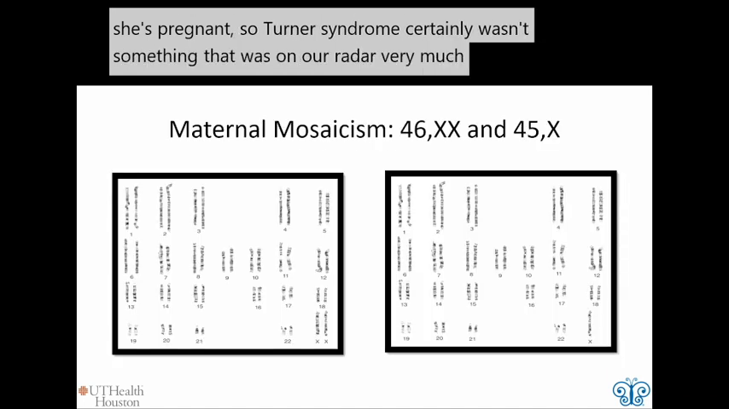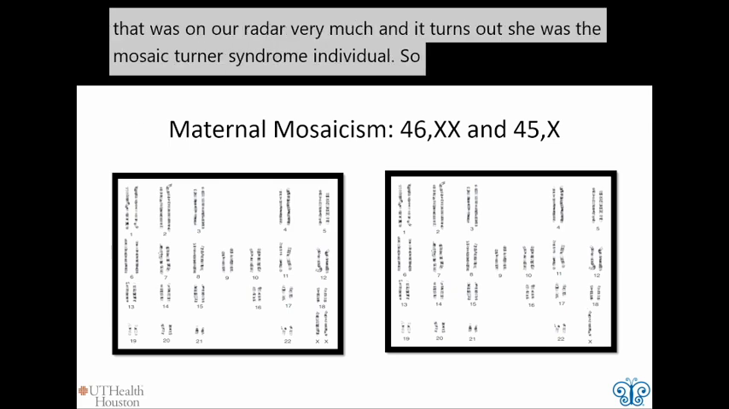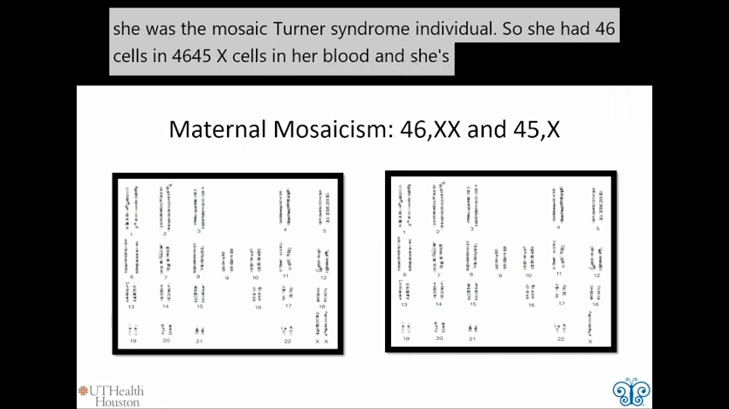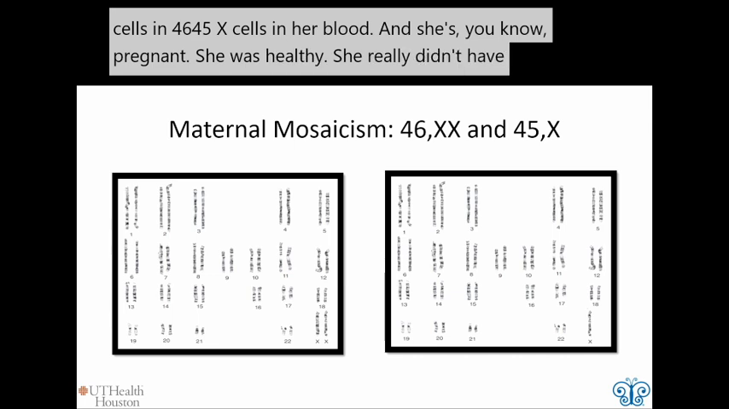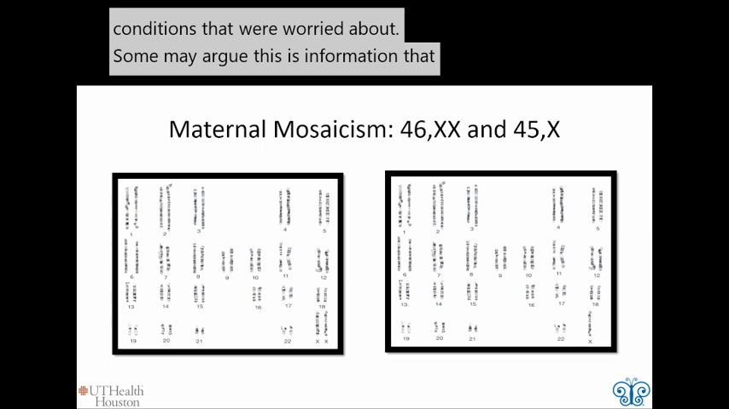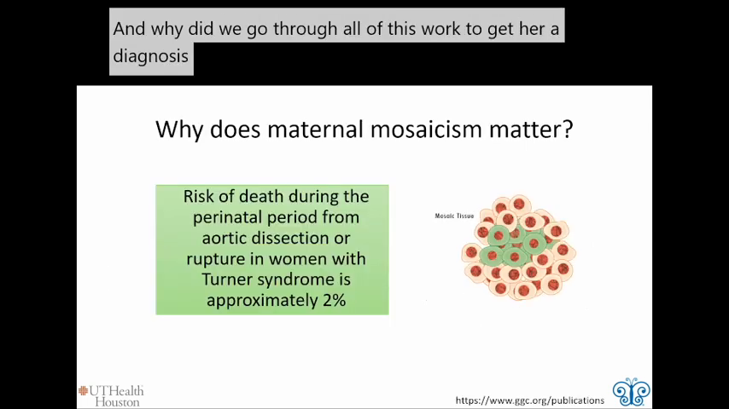And it turns out she was a mosaic Turner syndrome individual. So she had 46 XX cells and 45 X cells in her blood. And she's pregnant, she was healthy, she really didn't have any medical conditions that we were worried about, so some might argue this is information that wasn't super helpful, and why did we go through all of this work to get her a diagnosis? And part of it is, you heard about some of the heart stuff that's involved, and